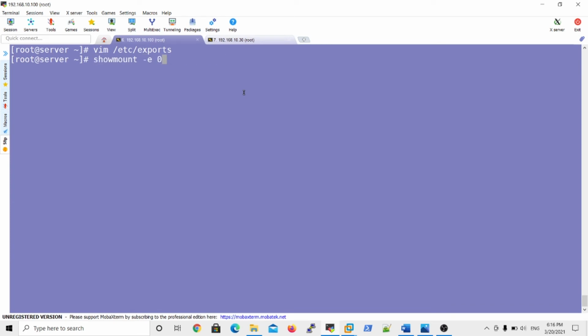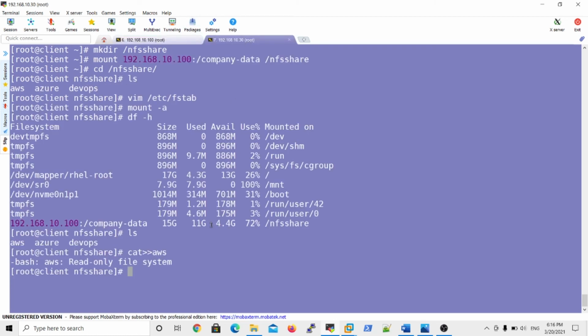So mount -e 0, yes, only company data is exported, but the new resource is not exported. Actually my new resource is /home. Then what is the command to export new resources? But remember guys, don't run the command systemctl restart nfs-server again, because if you restart the NFS server, already connected people are disconnected.